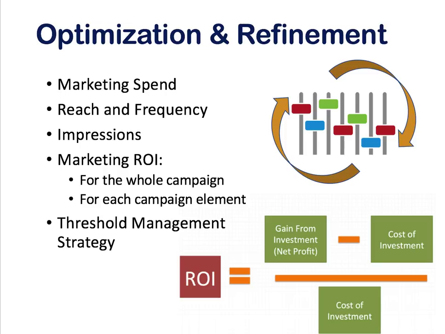Do it now. And that leads me to the last piece, which is this idea of a threshold management strategy. I know that sounds really fancy, but all it's saying is you can put some loose thresholds in place, if a particular part of the plan is supposed to drive awareness by X%. For example, let's say we're thinking we're going to see a 10% lift in awareness versus prior year, and we don't get to that. We only see 5%. And it's not moving. We look at one quarter, two quarters, maybe even three quarters, and nothing's changing.